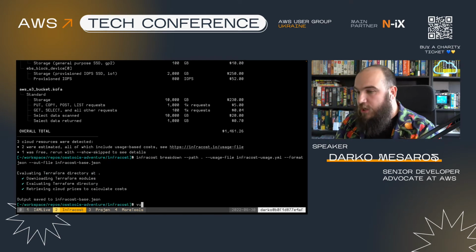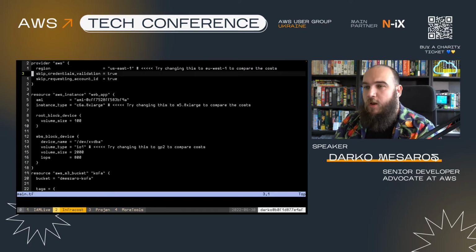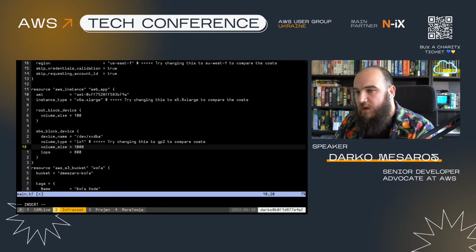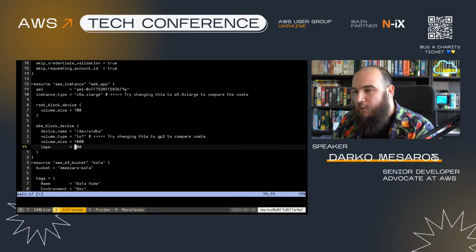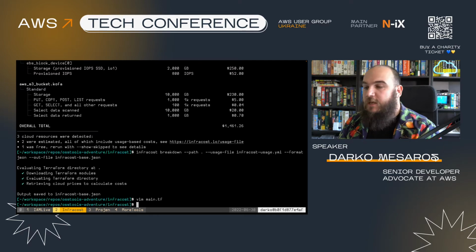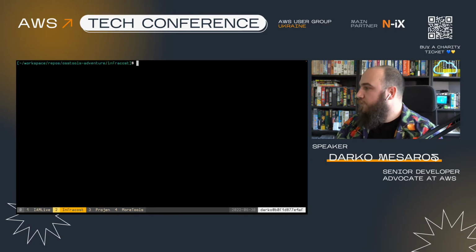Now, if I go and change my main.tf file here, again, I'm going to remove the 8x large and change it to something else. I'm going to go back to, you know what, we're fine with 1,000 gigs, but we're going to need 1,000 IOPS. Save that, and now I can run the following command. This command here